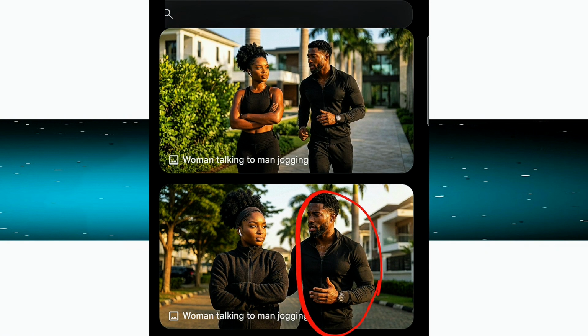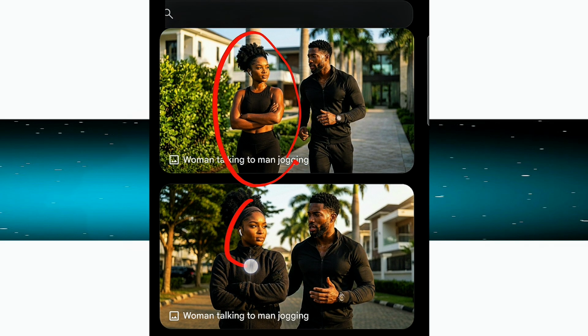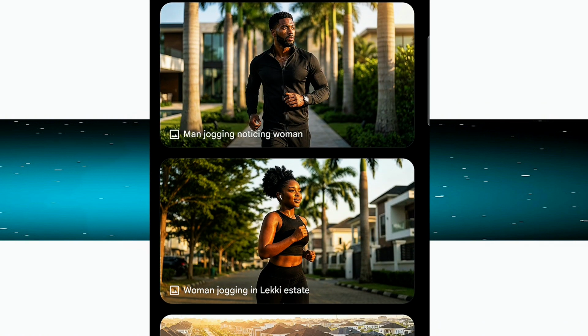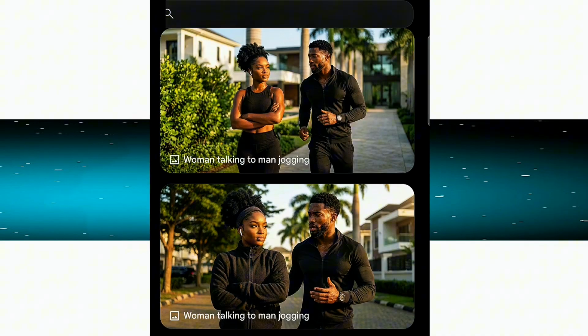Now boom, as you can see, this stuff now is done. Now look at this girl, is on sleeve. The face consistency is there. Look at this guy, look at the face here, still consistent. Now if you come back to the first image, can you see the same thing is still happening? So boom, this is how to get a consistent face, or this is how to adjust anything you want to